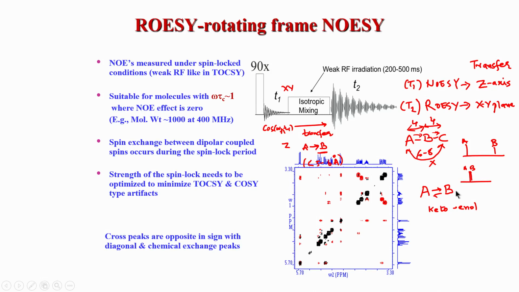Now, that will be reflected in your experiments, for example in NOESY especially. If the molecule has two distinct states and the exchange is slow, suppose the chemical shift difference is very high and the exchange is slow, then you will start seeing a cross peak between those two states, A and B. That gives us the information that there is an exchange going on between two structures of the same molecule. Whether the exchange is slow or fast depends, as I said, on the chemical shift difference and the exchange rate.